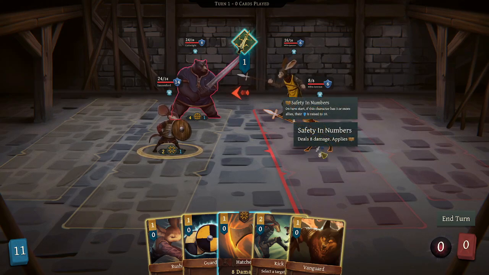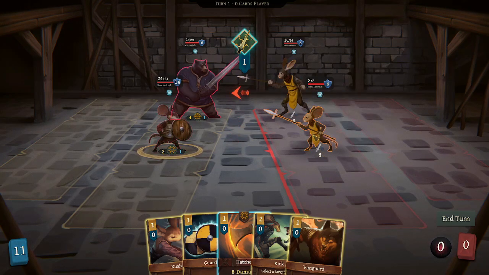You can see that down here, and it looks like they're both going to be doing 8 damage out to each of my characters. So the rabbit is going to go for the mouse, and the mouse is going to go for the bear. So if I can get rid of the mouse, the shield will take care of the damage going to the...